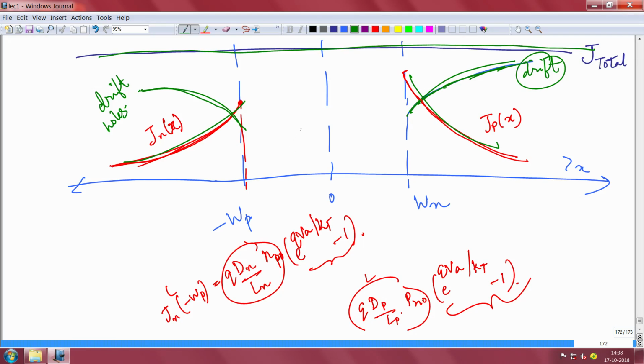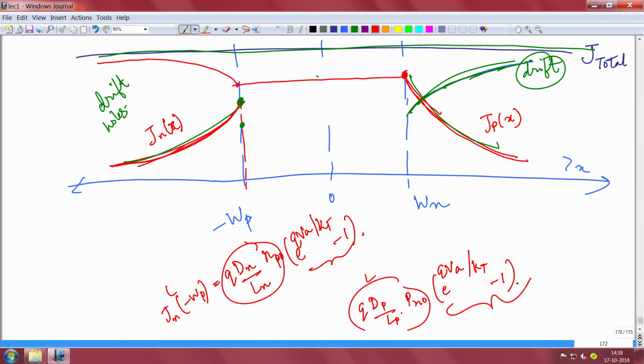And I told you that within this depletion region, there will be no recombination of current, whatever current is at this point will continue throughout here and whatever current is at this point will also continue there, okay. So, let us look at that point again. So, this is the hole diffusion current, this is the value here, whatever milliamp, microamp, whatever, this will not change in the depletion region, okay. So, it will remain constant, and actually your majority hole drift will start from here like that. So, the total is constant, okay.